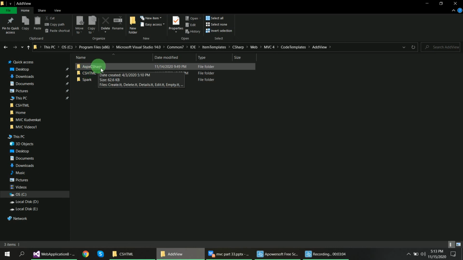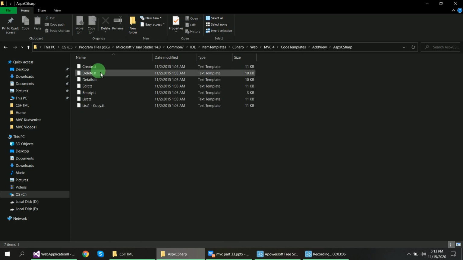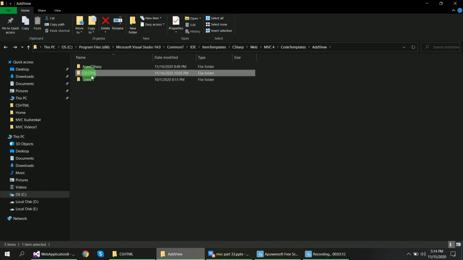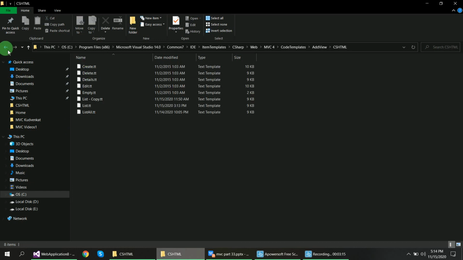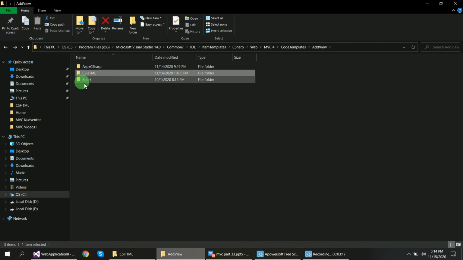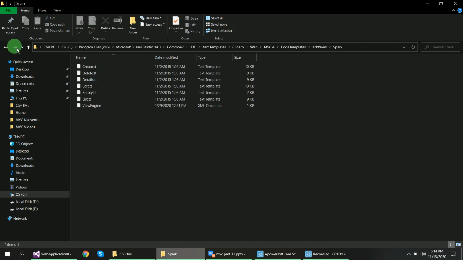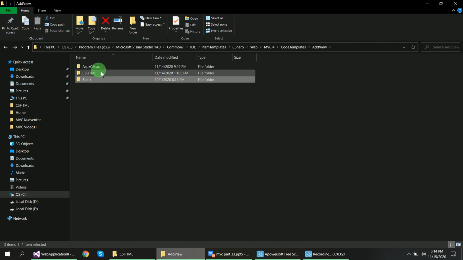You can see here in ASPX C# there are .tt files. These are the T4 templates. In the same way, inside CSHTML there are .tt files, and for Spark there are T4 templates too. For every language, you can find the T4 templates here.